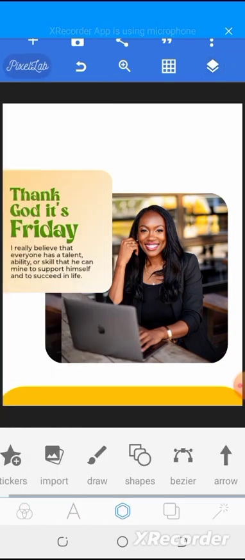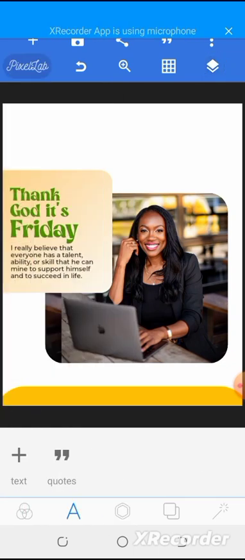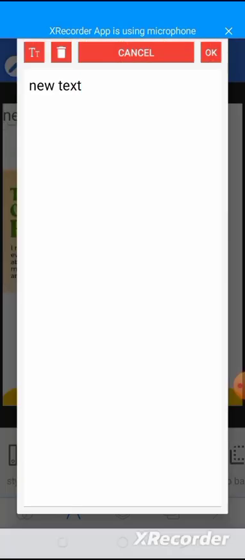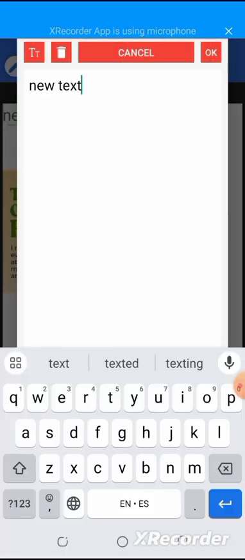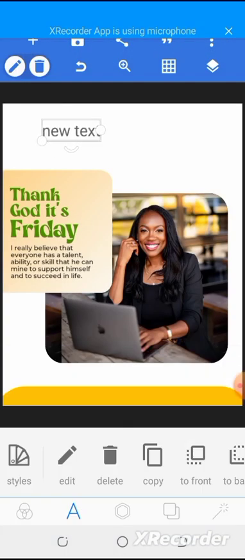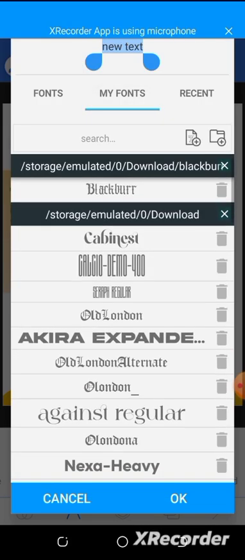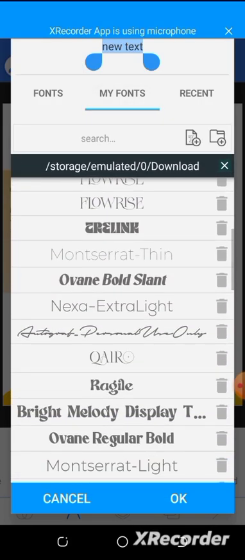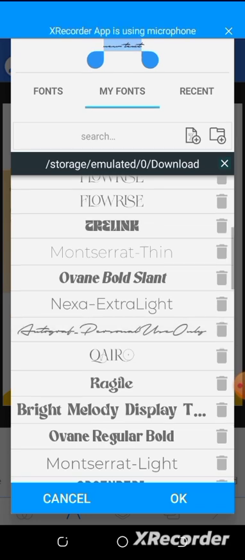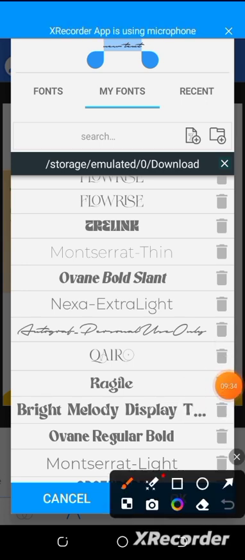So right away, that background is so plain, just want to do a brief decoration there. So I'll still come back to my text tool. I'll just leave it like that. Then I'll go to these fonts. Autograph personal use only. This is the font here. This one, this is the font. Make sure you download and install this one. Alright,